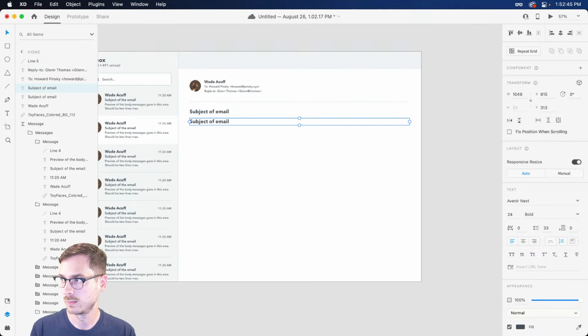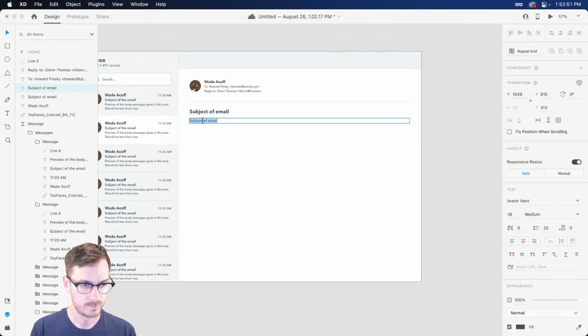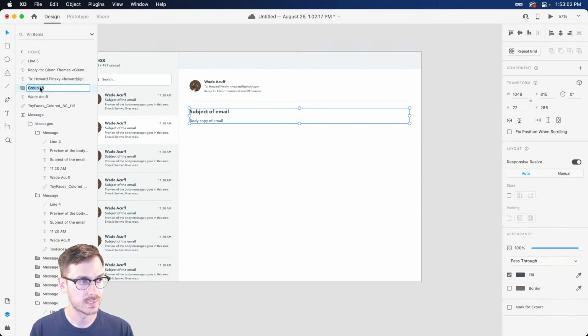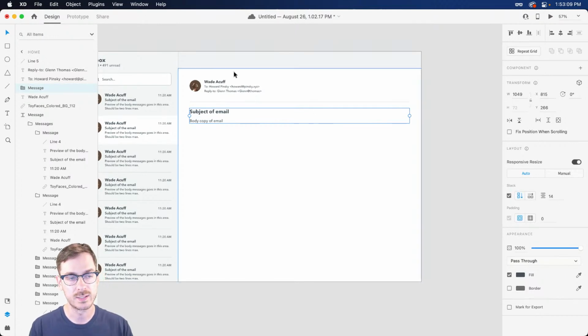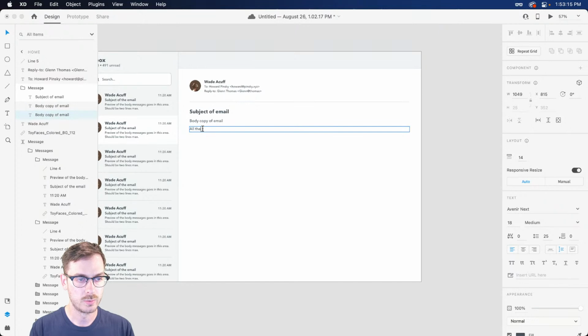cross, 18, maybe this will be medium. Body copy of email, running out of time. And then I think at this point we can probably start setting up a stack, right? So if I go ahead and group these two objects, this will be our message. I'm going to turn a stack on. Now this time it automatically set it as a vertical stack because there are 2 different objects inside of this group. So if I duplicate this down, this could be all the best